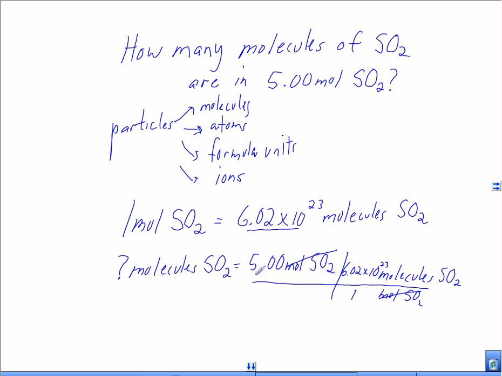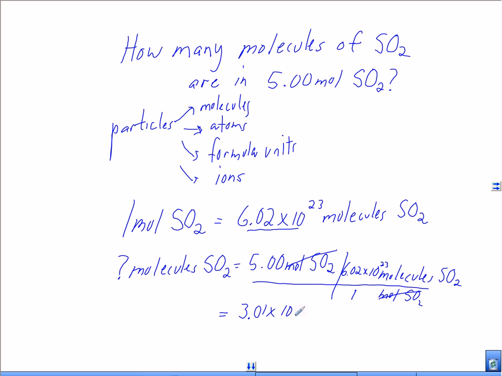This ends up being a multiplication problem. 5 times Avogadro's number. And the 5.00 has 3 sig figs. The Avogadro number value has 3 sig figs. The 1 down here doesn't count, so it's just a multiplication problem, and I'm going to round to 3 sig figs. And we end up with 3.01